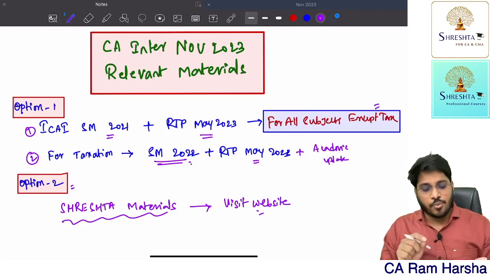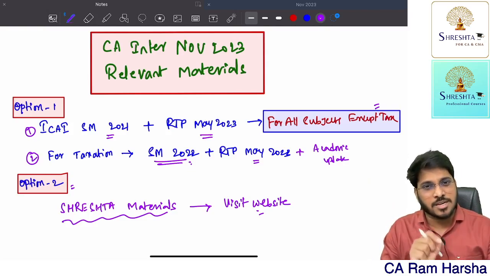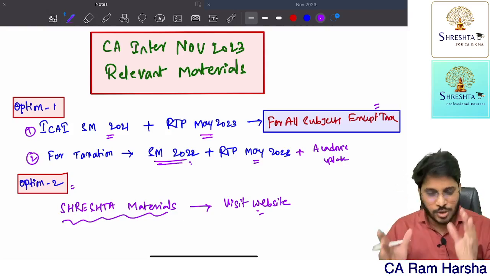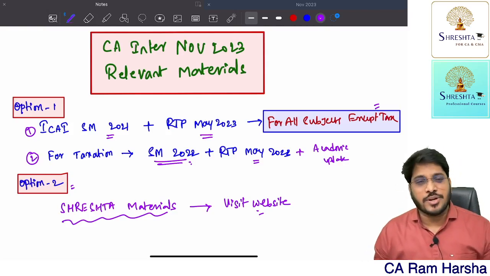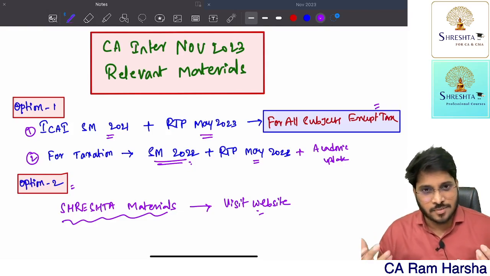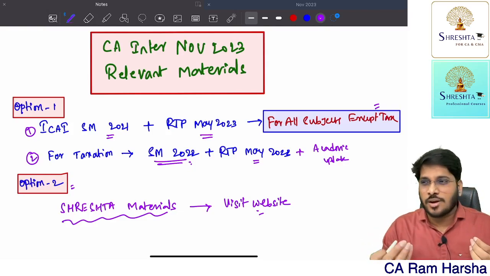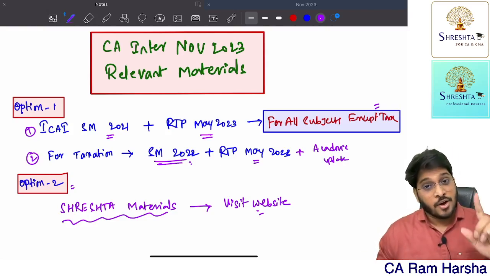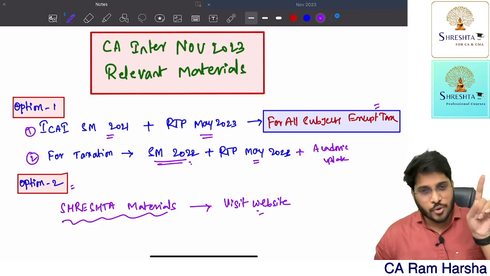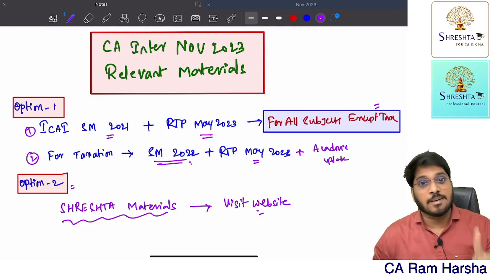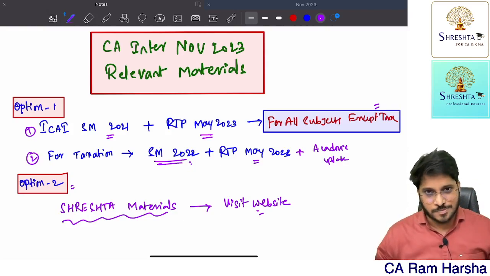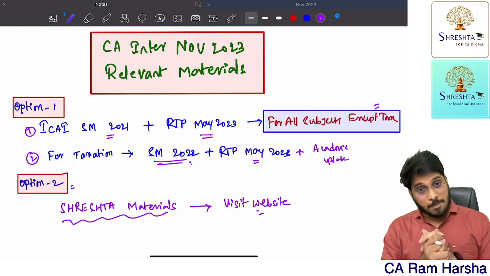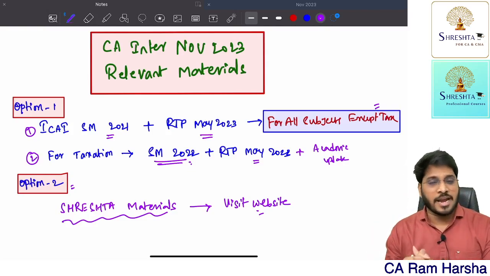This is the reason why I have not made a single announcement regarding the new scheme in the past 4-5 months, if you observe. Getting it? The only reason is that whatever news is circulating on social media, Twitter or Instagram, is all completely based on half information or false information. They're not true. Believe news about the new scheme only if an official announcement comes from ICAI. Please. Okay, that's it. So that's about the November 2023 applicable relevant materials and my take on the new scheme.